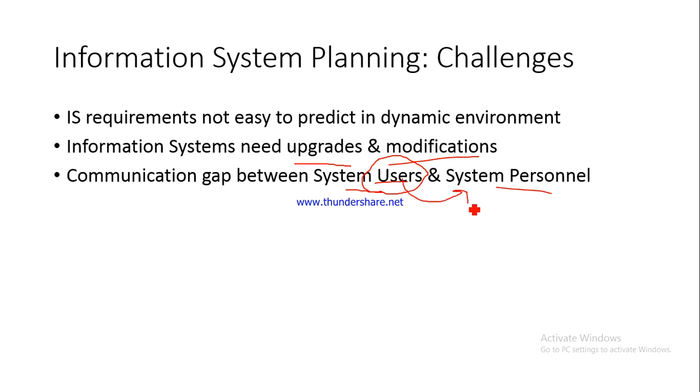Coming up with a wonderful system, but if it does not fulfill the requirements, if it does not satisfy the needs of the user, it's not going to be a successful information system, and it is also not going to be adopted by the users. So you have to look into the requirements of the users as a system personnel, and then accordingly design the system, accordingly program it, accordingly code it, right? And this is one very important issue. If there's a communication gap between them, then probably the system could be a wonderful one, but it would not serve the needs of the users, and it would fail. It would not be able to get their buy-in.